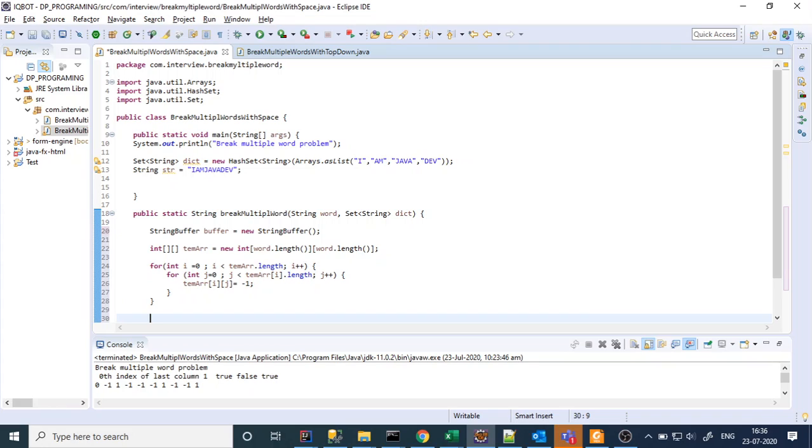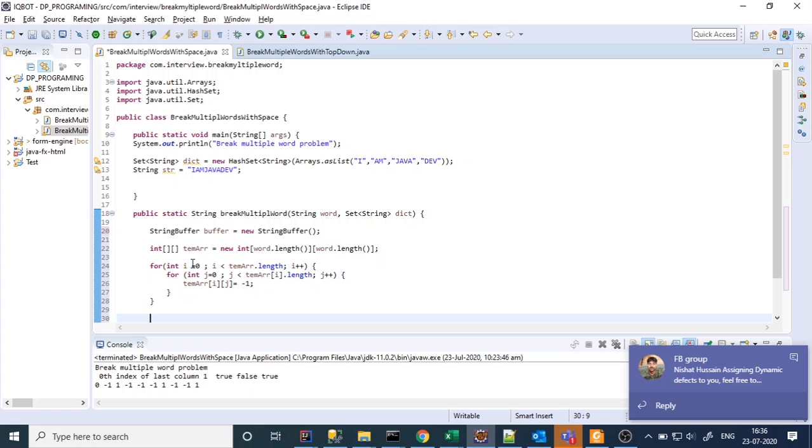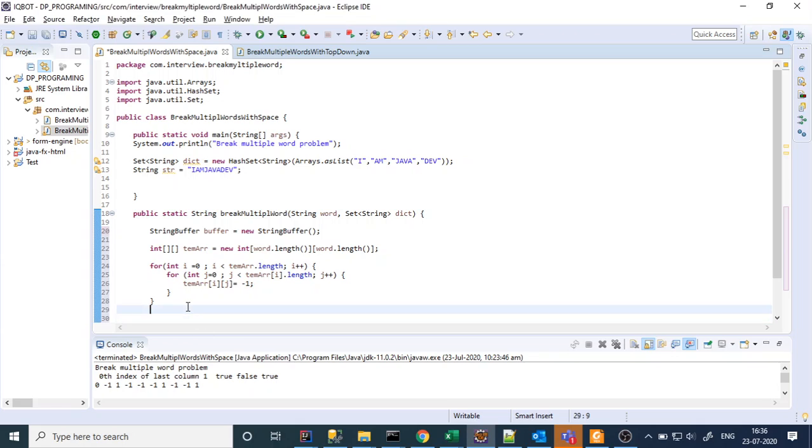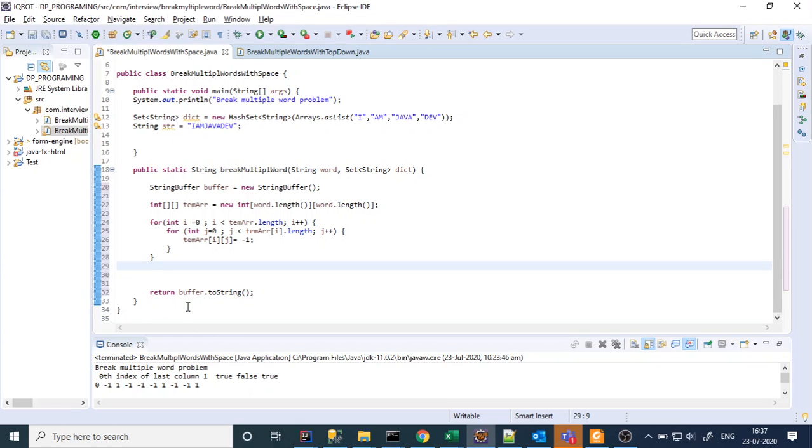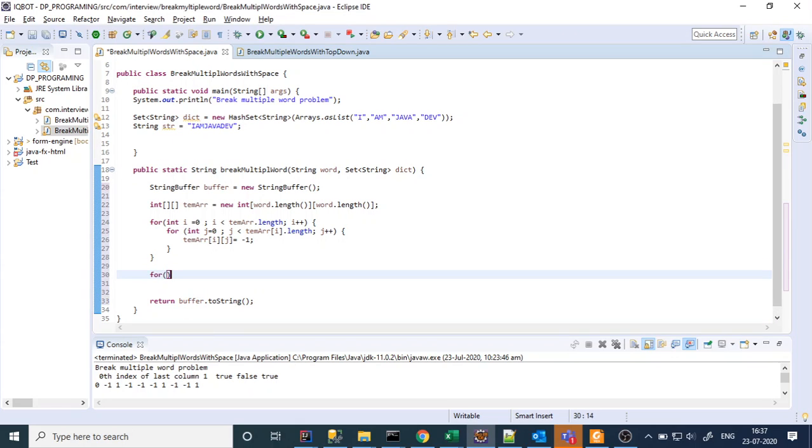Okay. Now I said that for every subproblem, we will try to solve it, memoize it, and put it into the table. So what will be the first condition?